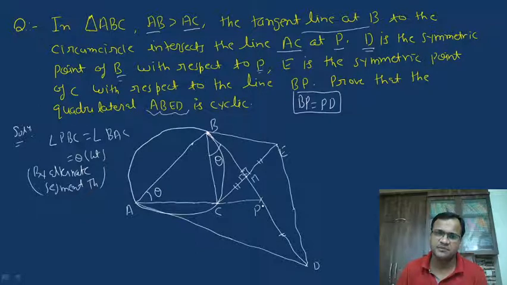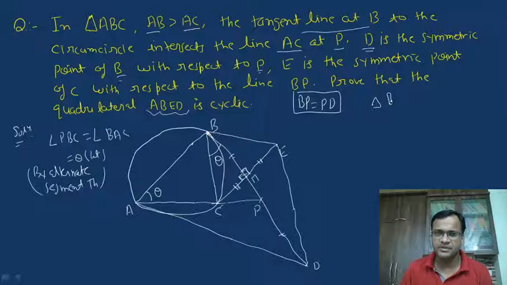Okay. Now we have given that E is actually the mirror image of point C with respect to line segment BP. Therefore, we can say that these two triangles BCM and BEM are congruent, because this side length equal to this side length, BM is common, and this angle is 90 degree. Angle CMB equal to angle EMB equals to 90 degree. Therefore, these two triangles are congruent.